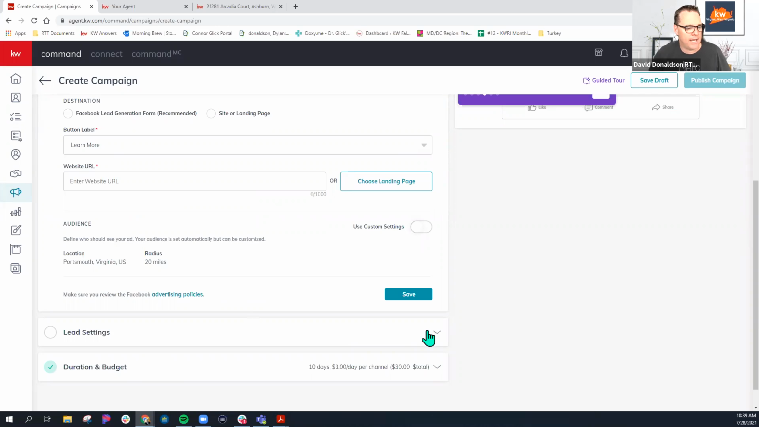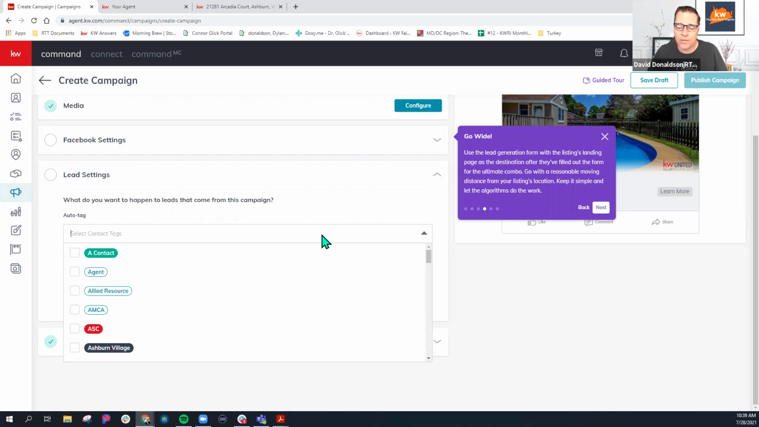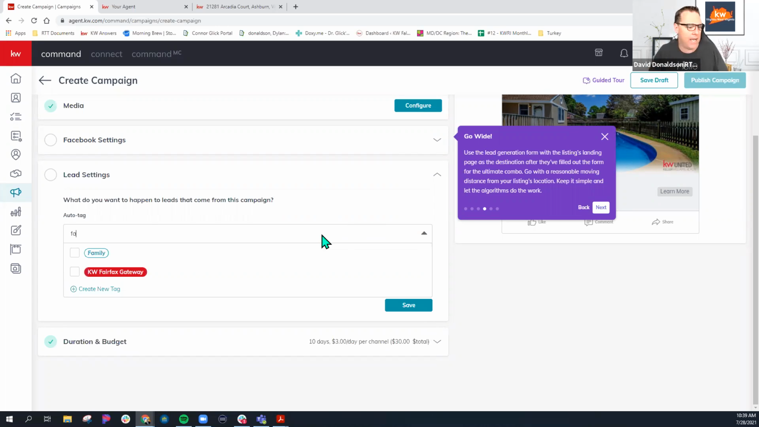Now you would go under lead settings. So the lead settings is basically saying, hey, when these leads come in to your account, they're going to come directly into your campaign for you, okay? Do you want to auto tag them, right? What tags are you using in your database? So if you said, hey, these are coming from Facebook and you have a Facebook tag, then maybe you tag them Facebook,